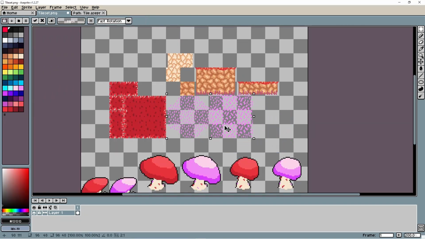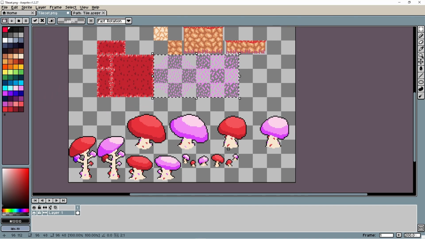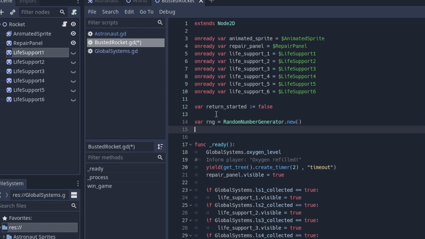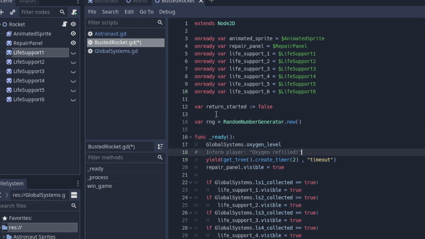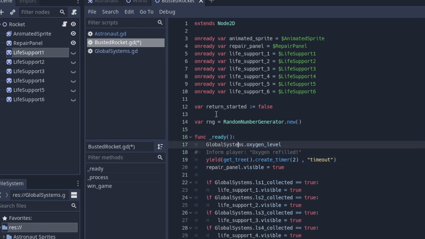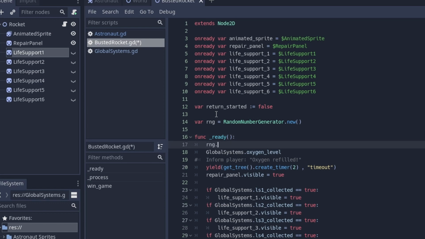Another important part of returning to the rocket is the main random mechanic of the game, and another one that uses global variables, the character's oxygen level. By creating a variable named RNG and assigning it a new random number generator, I can create a random number in any range, and every time the character gets back to the rocket, the oxygen tanks are set to a random value between 40 and 100. The tanks then run down by 1 every second through a timer attached to the character, sending you to a game over screen if it hits 0.